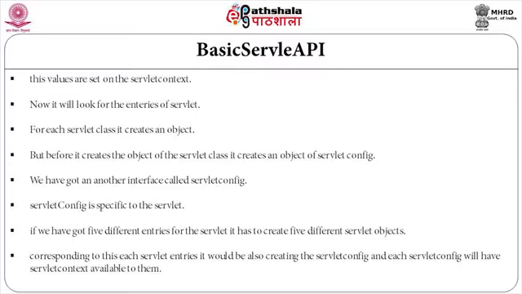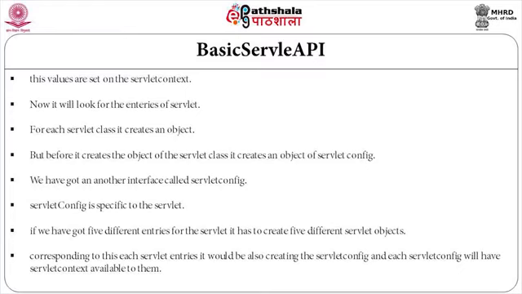There is going to be one servlet context per application. In servlet context, anything specific to the application is available, all the initialization parameters, those context param entries. That information is available from servlet context. But for things which are specific to a servlet, we have our servlet config. So, all the servlet configs share the same servlet context object.